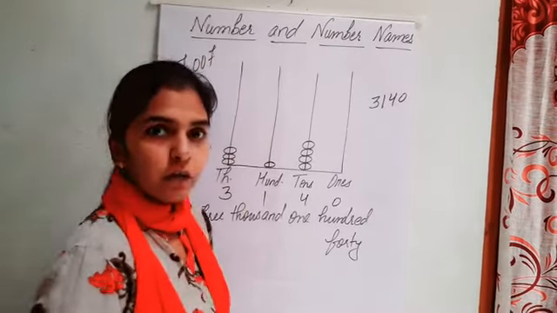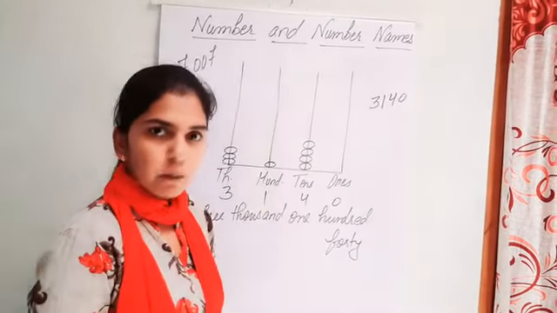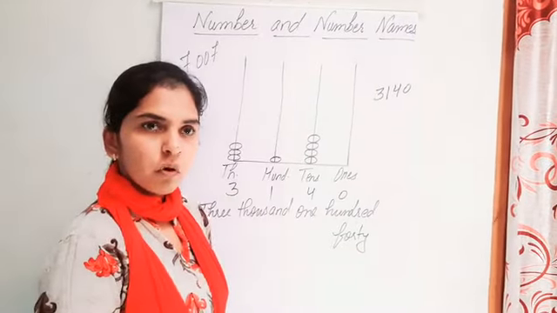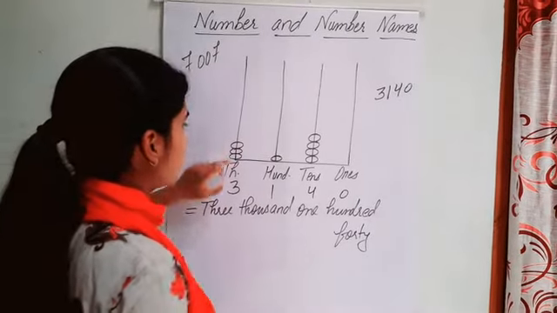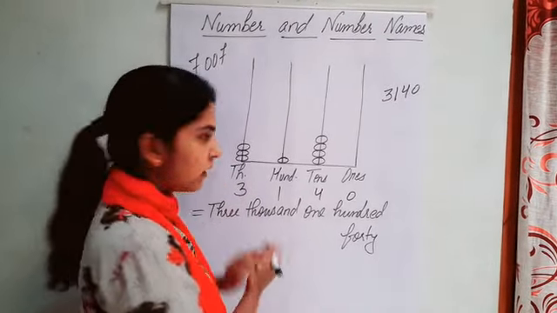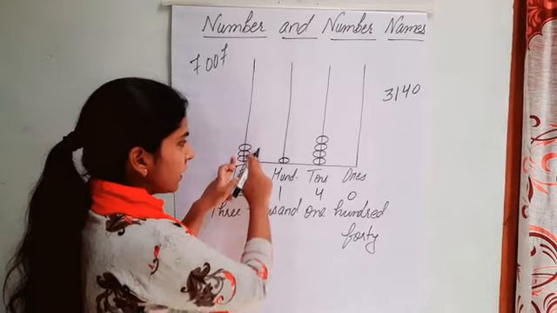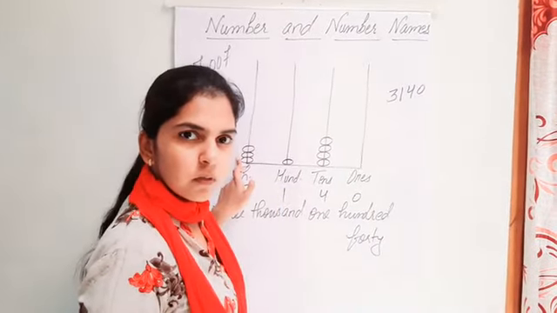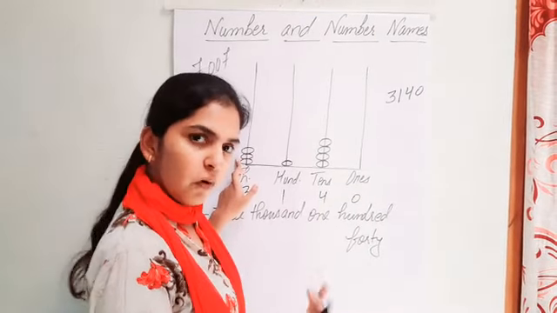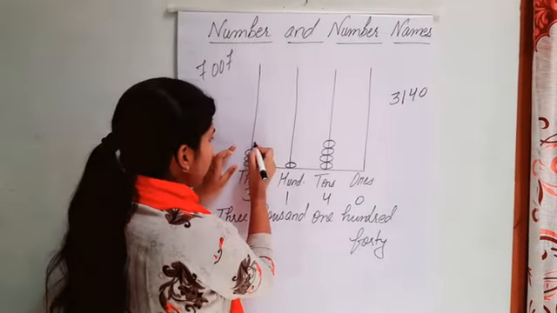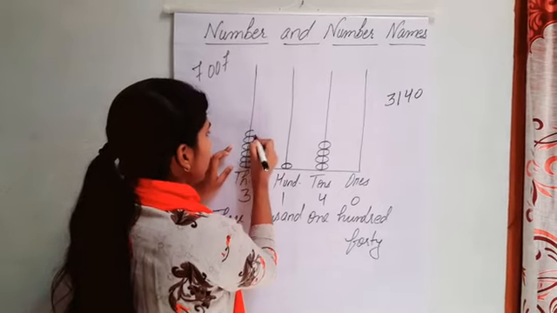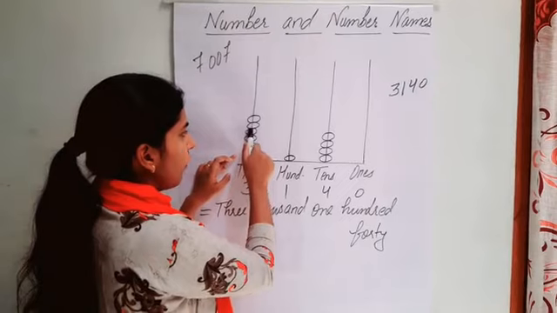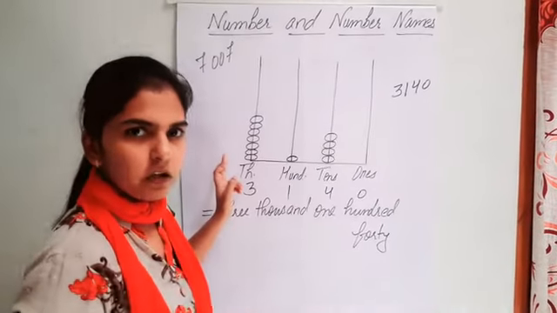7007 and I want to represent this number on spike abacus. So at 1000 place, how many beads will I draw? I will draw 7 beads. So let us represent here only. How many beads are already there? 3 are already there. How many beads will I draw more? 3 plus 4, right? So 4 more beads I will draw here. 1, 2, 3, 4. So count complete. 1, 2, 3, 4, 5, 6, 7. 7 beads are there, right?